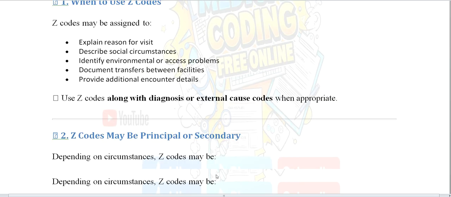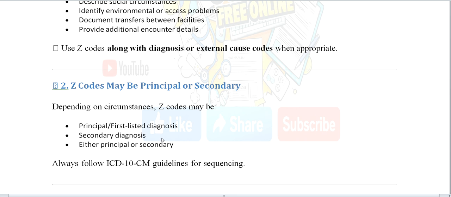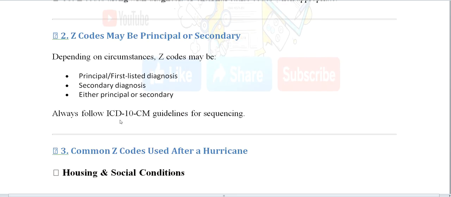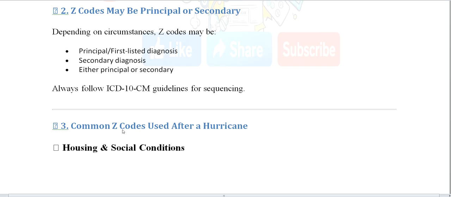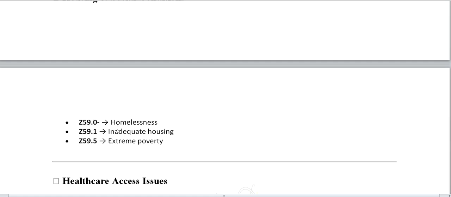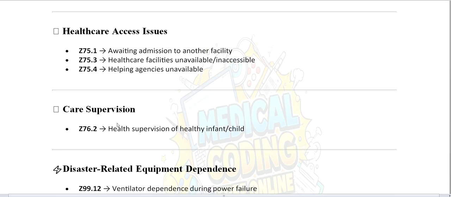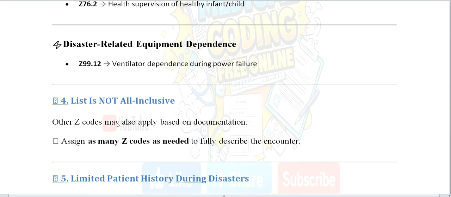Z codes may be principal or secondary. Depending on the circumstances, Z codes may be the principal first-listed diagnosis or a secondary diagnosis. Always follow ICD-10 guidelines for sequencing. Common Z codes used after a hurricane, housing and social conditions: Z59.0 homelessness, Z59.1 inadequate housing, Z59.5 extreme poverty. Healthcare access issues: Z75.1. These are some of the codes; the list is not all inclusive. Other Z codes may also be applied based on the documentation, assigning as many Z codes as needed to fully